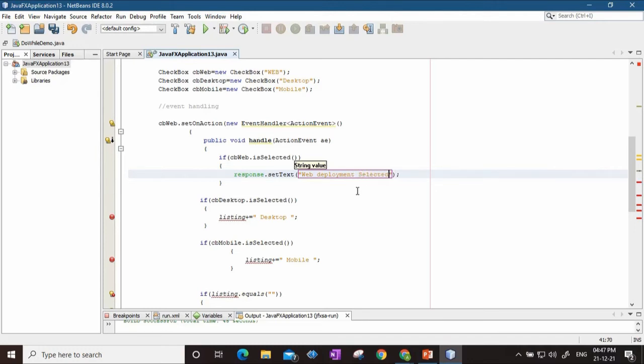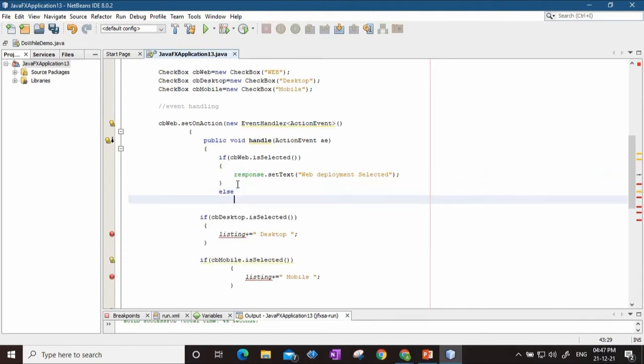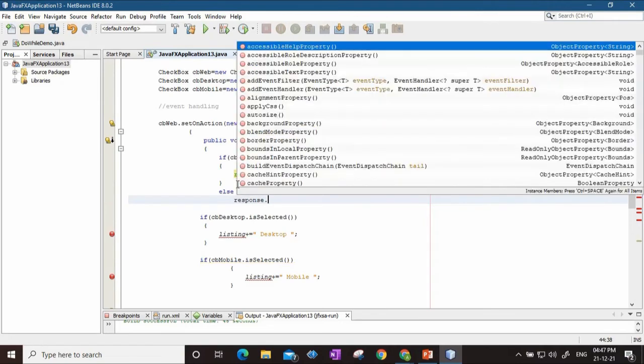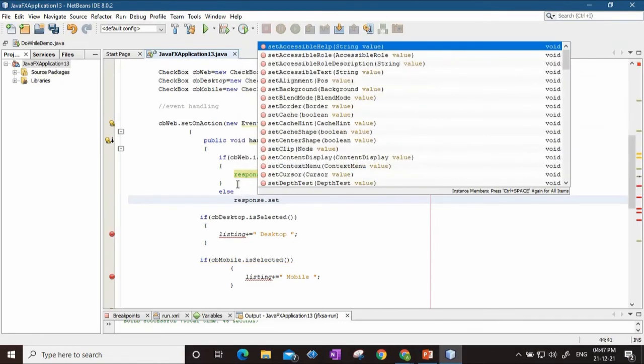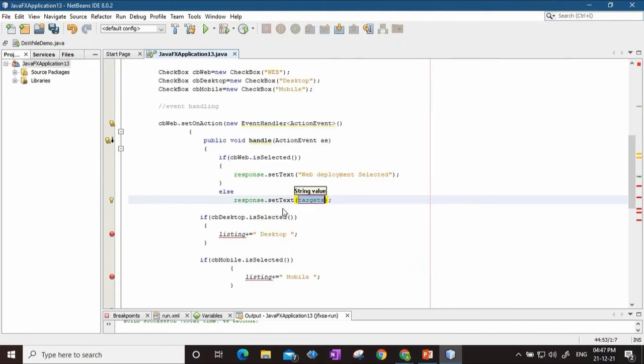Else, so this is the if part, else it will print response dot set text, web deployment cleared.